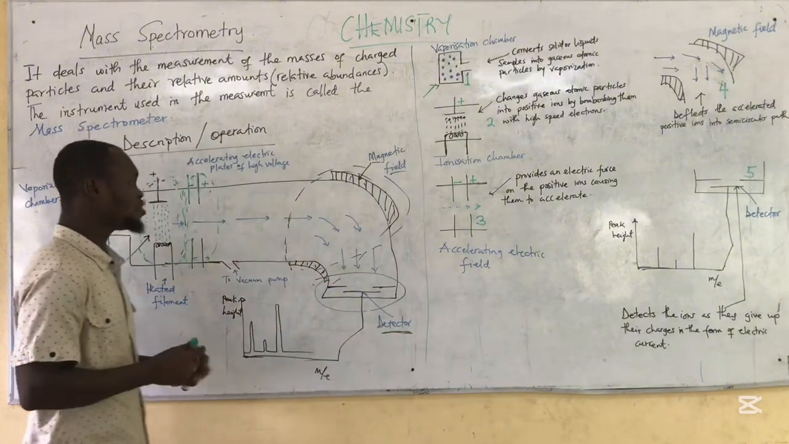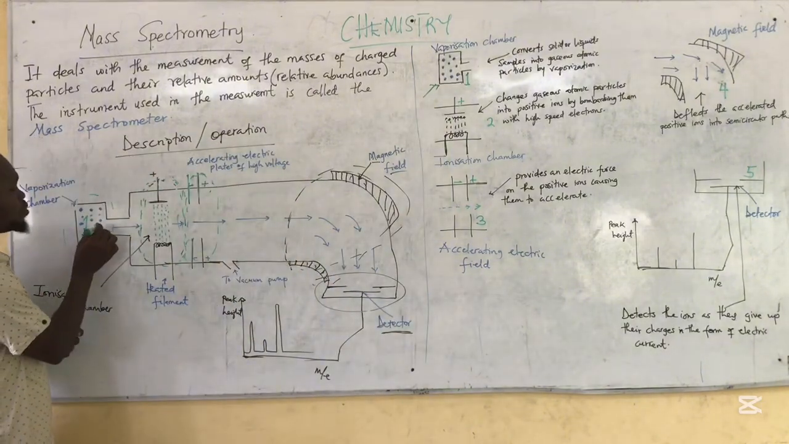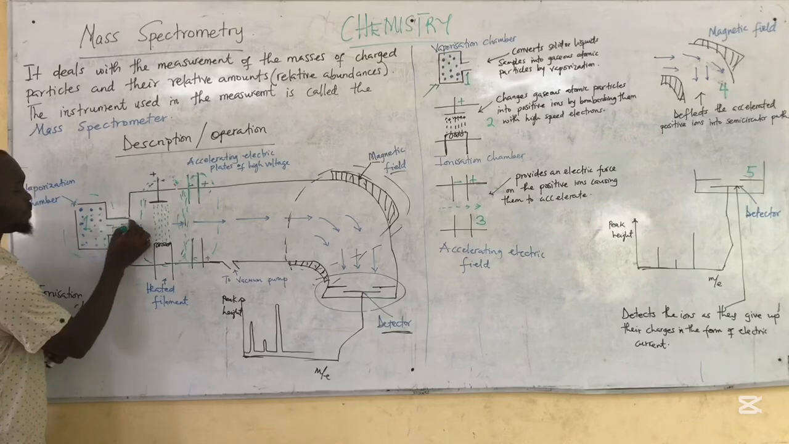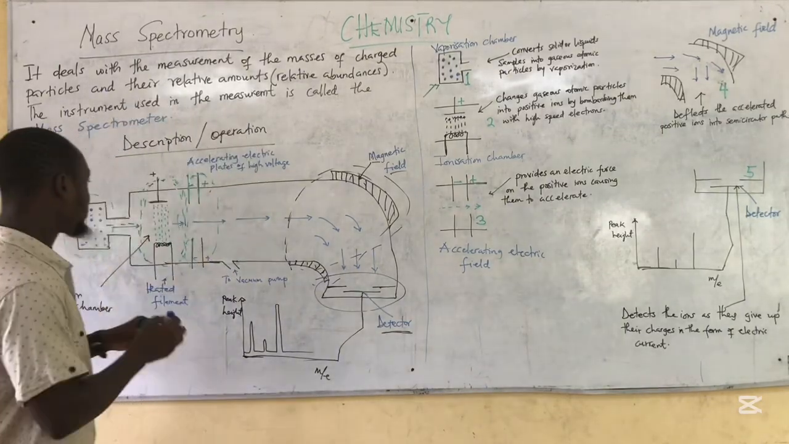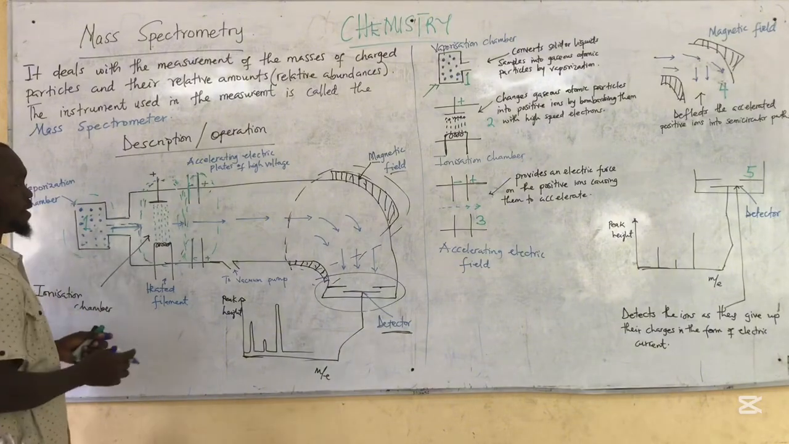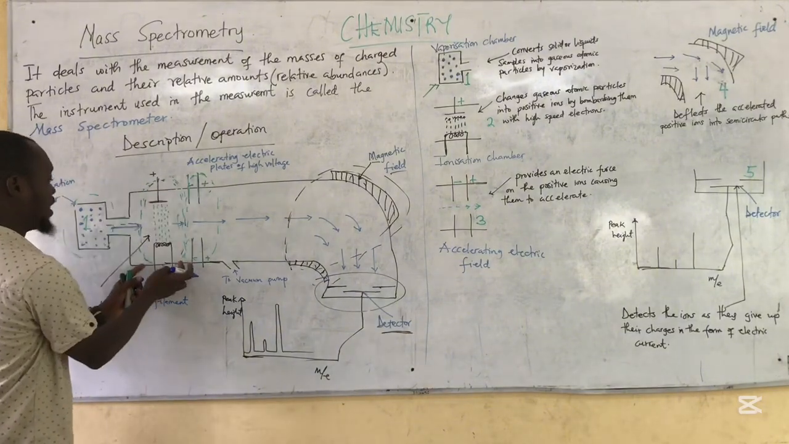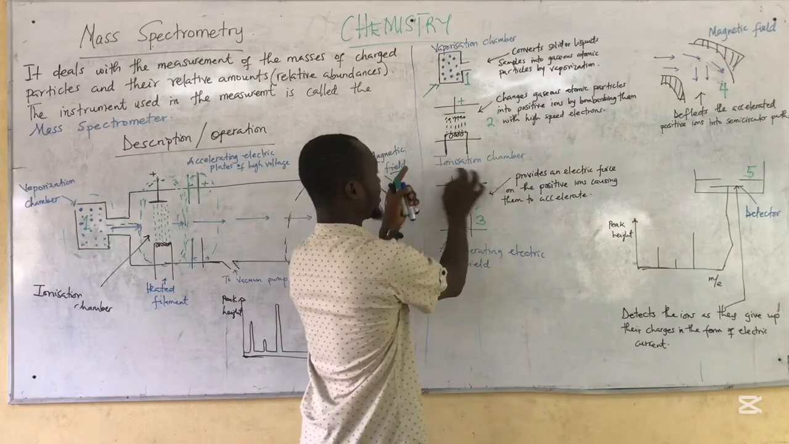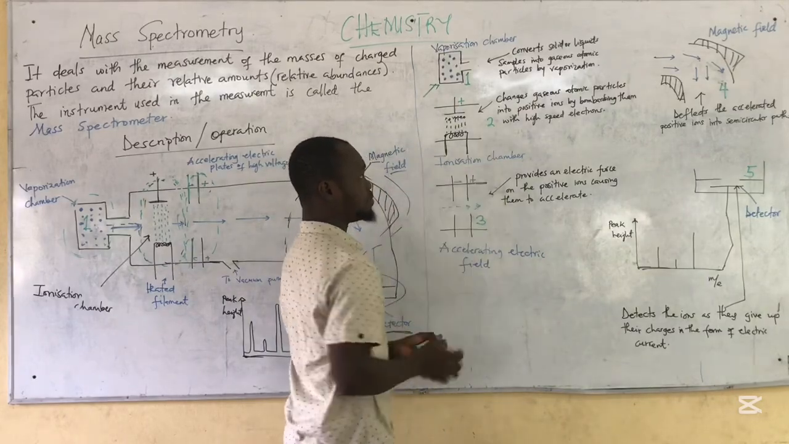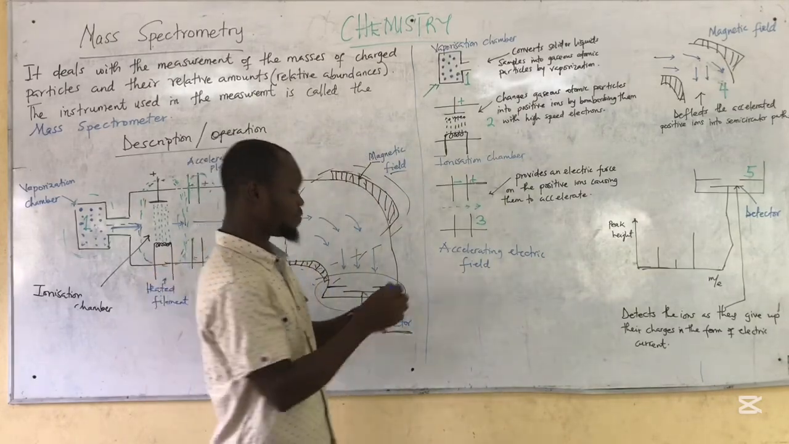Once we get the gaseous particles, they move through the small opening over there into the next chamber. The next chamber is the ionization chamber. I have indicated here in the second diagram the ionization chamber. In the ionization chamber, we have